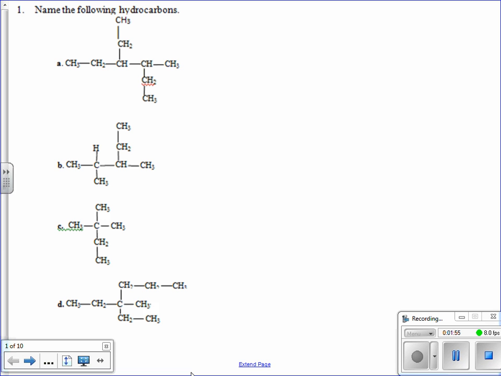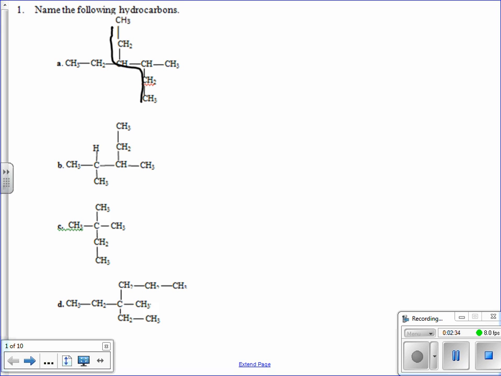So the first thing you have to do is find the longest continuous chain of carbon and draw a line through it. The carbon chain must be connected together. The chain can twist and turn multiple times. So if you look at number 1A in your packet, we can go through and we can count how many carbon are connected together at once. So if we count, we can start counting here and go down, and that gives us 5 carbon. Well, that's not the longest chain. It says on our tip sheet that the chain can twist and turn. So if we start here at the top and we go down like this, it actually gives us 6 carbon